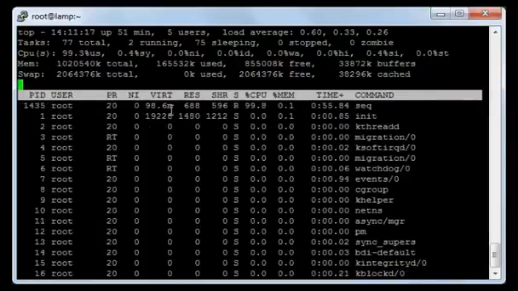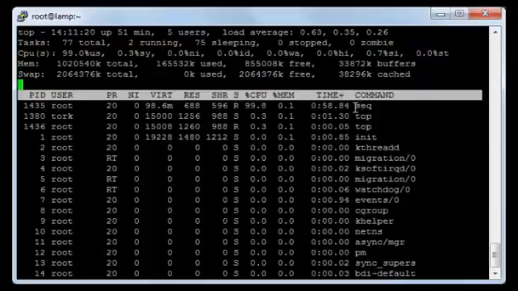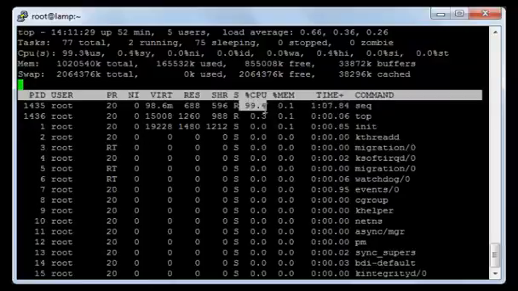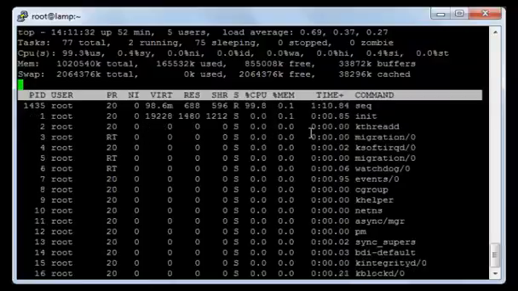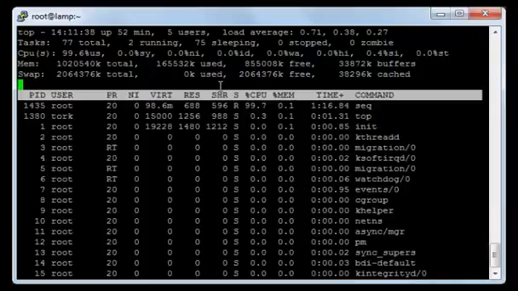As you see over here, the current process, which is sec, is using a lot of the CPU, 99.8, and this may not be very nice, so you may need to kill or terminate processes that are using a lot of your CPU. So to kill this process, I will press K, and it will ask me for the PID to kill. In here I will type the ID of the current process, which is 1435,